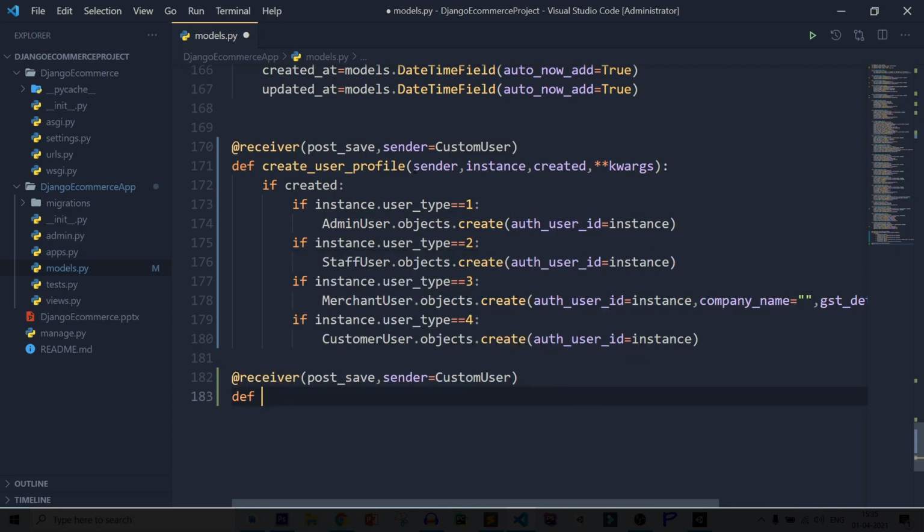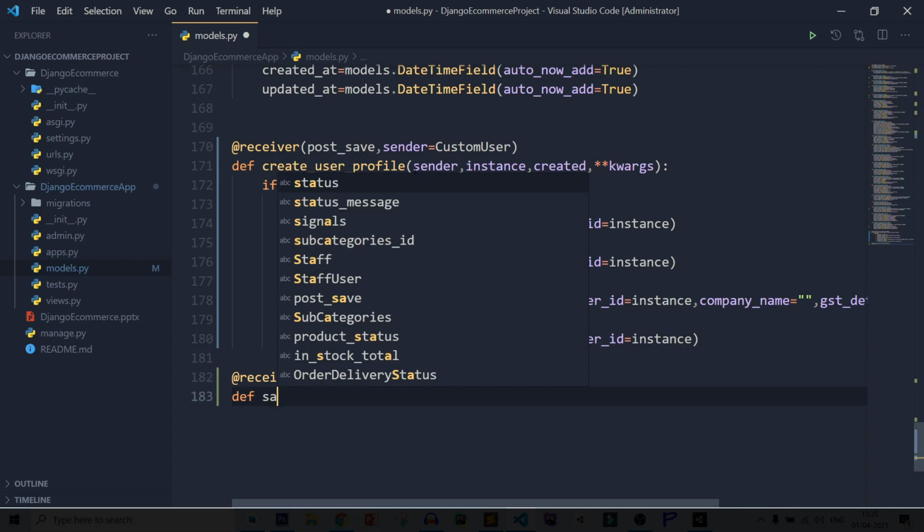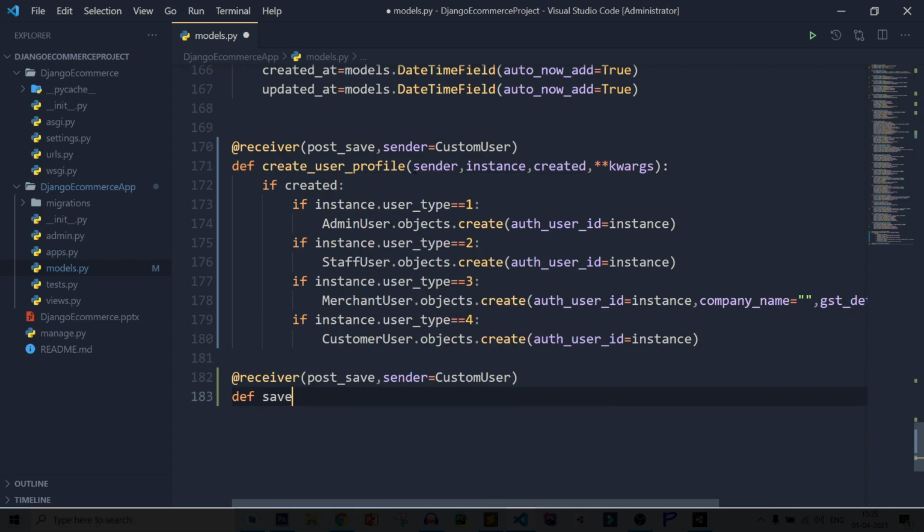After that define save_user_profile. This will work for only create and this will work for save. After that instance and kwargs.